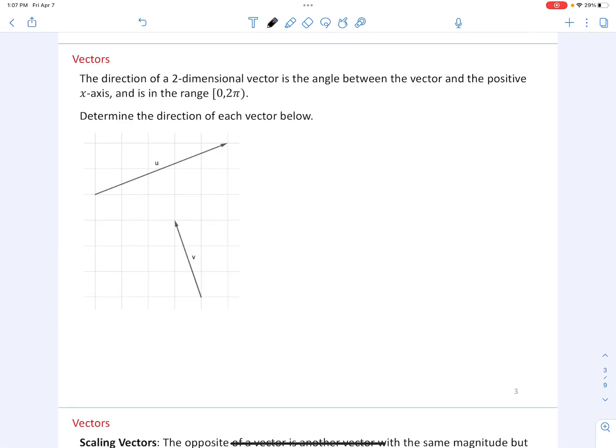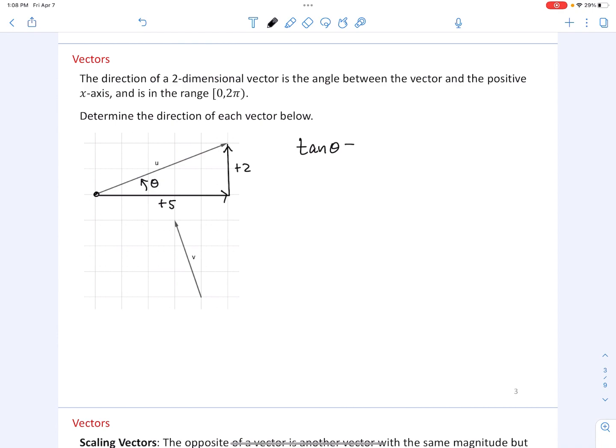The direction of a two-dimensional vector is the angle between the vector and the positive x-axis, and is in the range from 0 to 2 pi. So determine the direction of each vector below. Assume again that the tail is at the origin, and we have the positive x-axis going off this direction. The angle we're looking for is this angle here. We'll call this theta. The components of this vector were +5 to the right and then